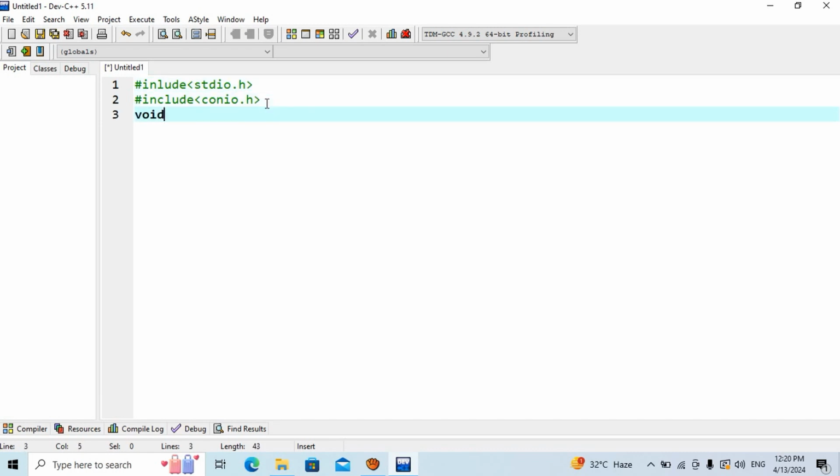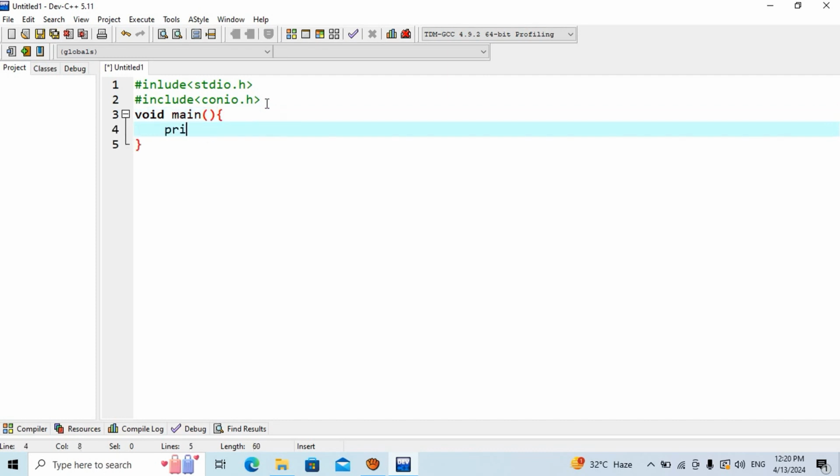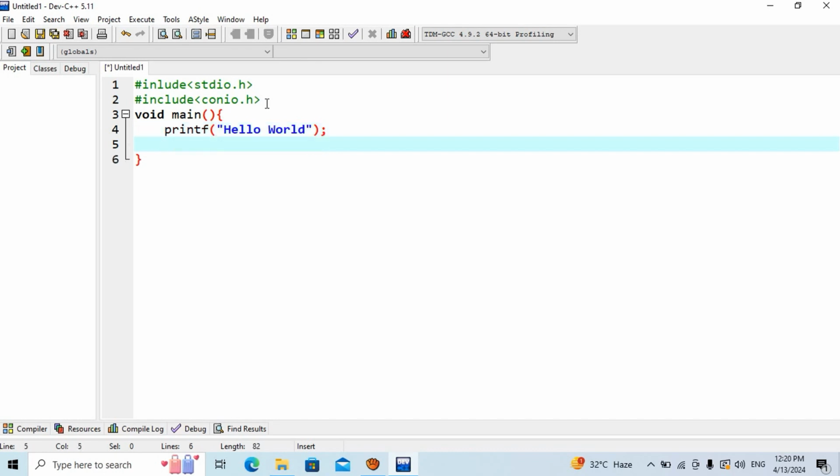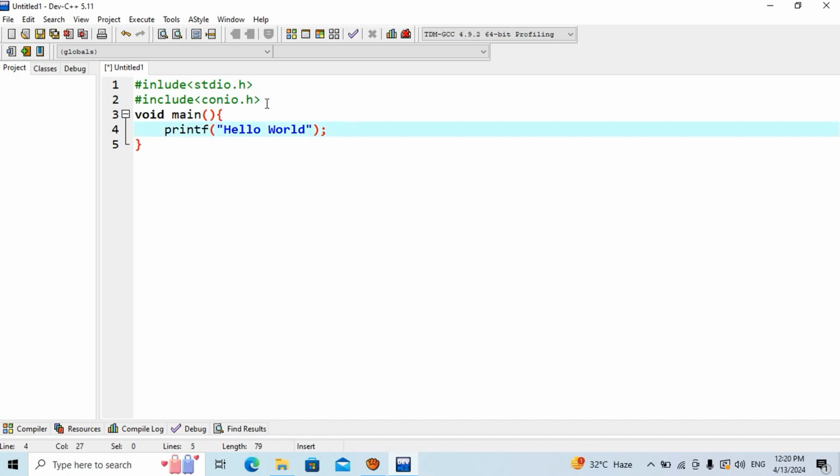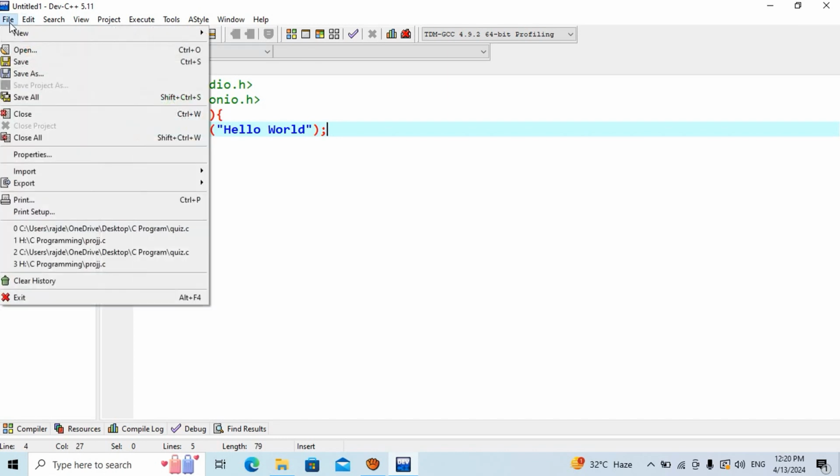And then void main, and then printf. First program, of course, hello world, and do not forget to end with a semicolon. You can also add getch, but this is optional. So now I'm going to save it